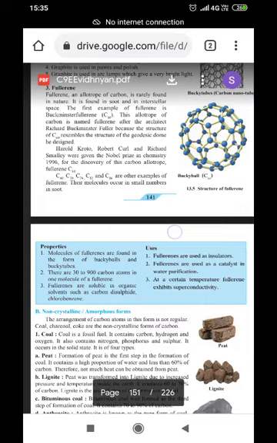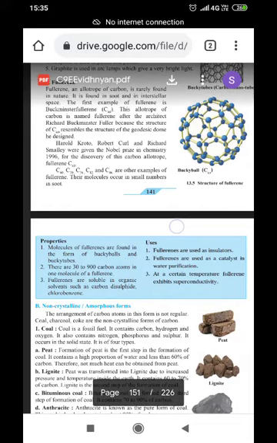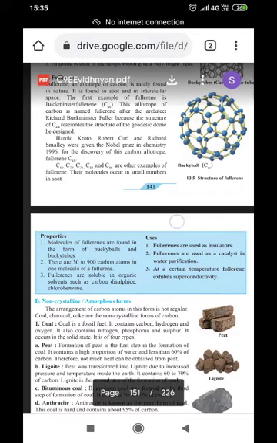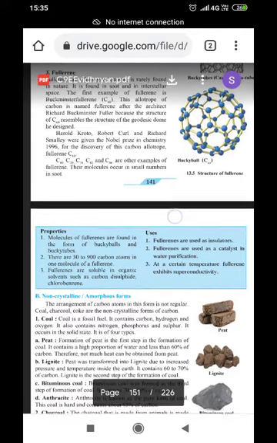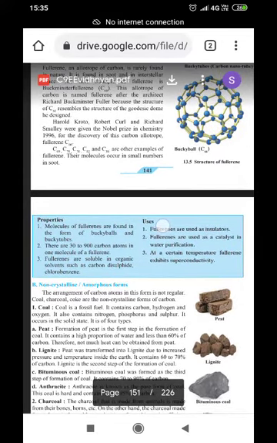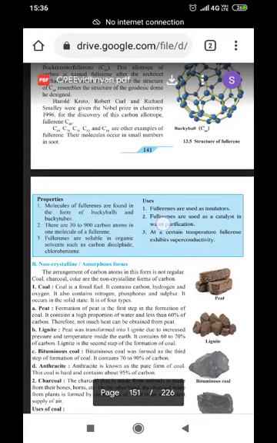This allotrope of carbon is named fullerene after the architect Richard Buckminster Fuller because the structure of C60 resembles the structure of the geodesic dome he designed. Harold Kroto, Robert Curl, and Richard Smalley were given the Nobel Prize in Chemistry in 1996 for the discovery of the carbon allotrope fullerene C60. Not only C60 is there, but there are other carbon structures like C70, C76,